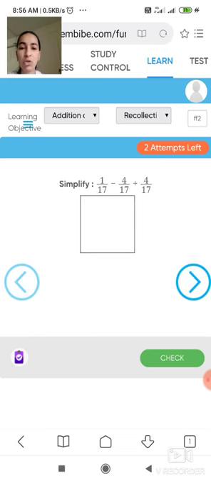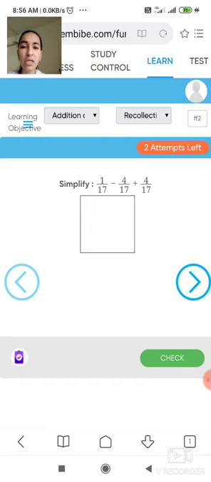Now let's take one more example. 1 upon 17 minus 4 upon 17 plus 4 upon 17. What will be the answer? Directly tell me the answer. Don't take subtraction or addition. You can see the last two are opposite of each other, so their value will be 0. So the final answer will be 1 upon 17. Yes, the correct answer is 1 upon 17.